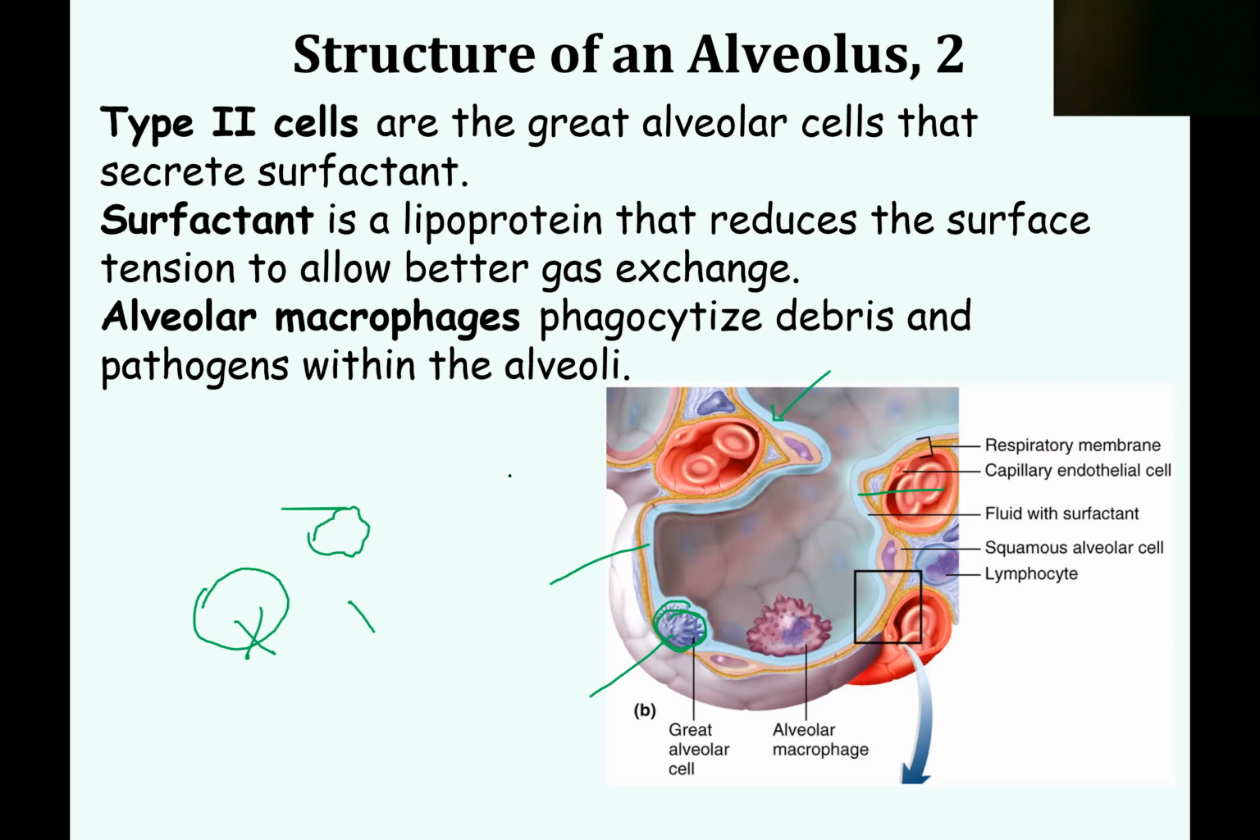The third type of cell are the alveolar macrophages, and that's this pinkish purple cell, and it roams around. It's slightly mobile. It's going to roam around and phagocytize debris and pathogens in the alveoli. So, kind of like the dendritic cells in the epidermis. These aren't the only ones that are embedded in various organs to help deal with